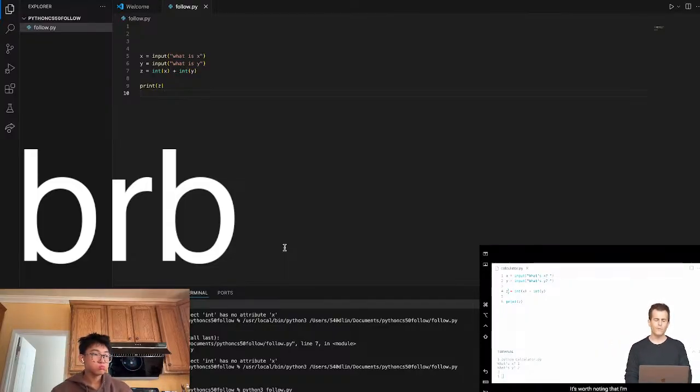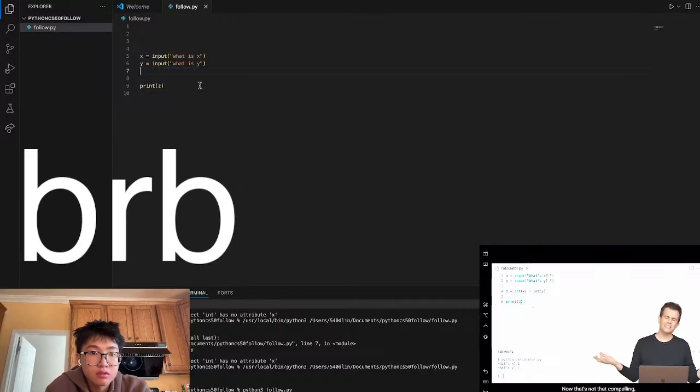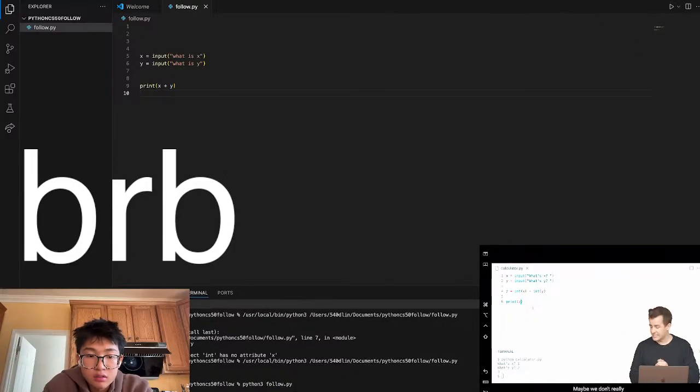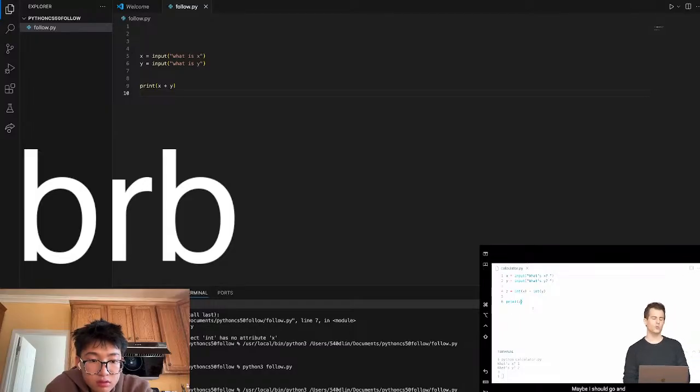It's worth noting that I'm creating a variable called z, and then I'm immediately using it on the next line of code. Now, that's not that compelling, because if you're creating a variable and then immediately using it but never again using it, did you really need to take the time to introduce another symbol and another variable just to use it once and only once? Well, maybe not. Maybe we don't really need z in this way. Maybe I should get rid of z here. Maybe I should change this to be int up here, change this to be int up here,